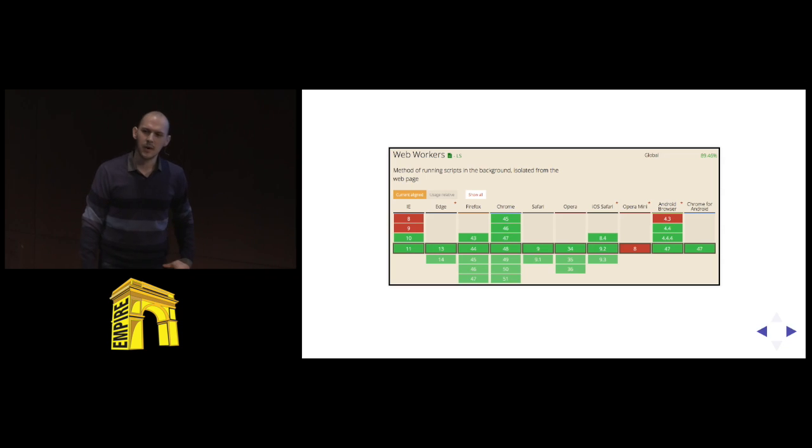And you might look at this and think, wow, so web workers are about 5-6 years old, and nobody's really heavily using them, right? I mean, people are using them, mostly for heavy computational stuff. But they're not really widespread. So maybe they're not actually that useful. And my response to that is to